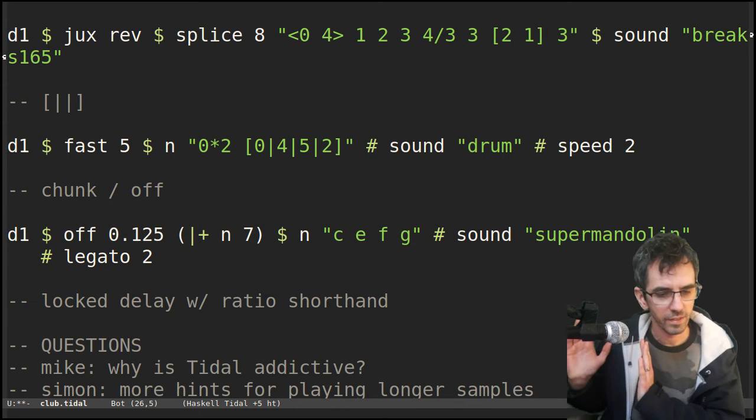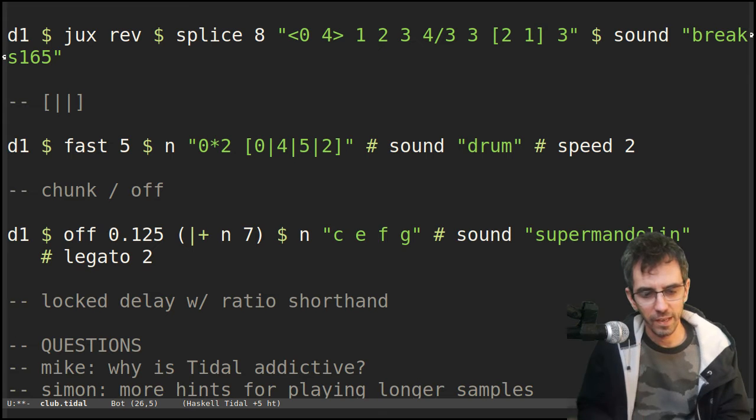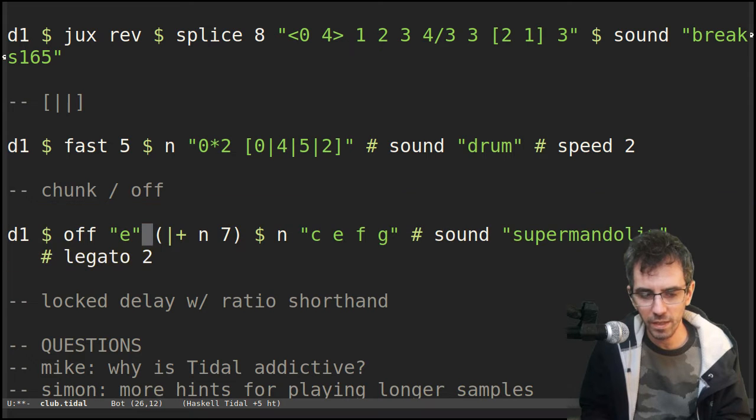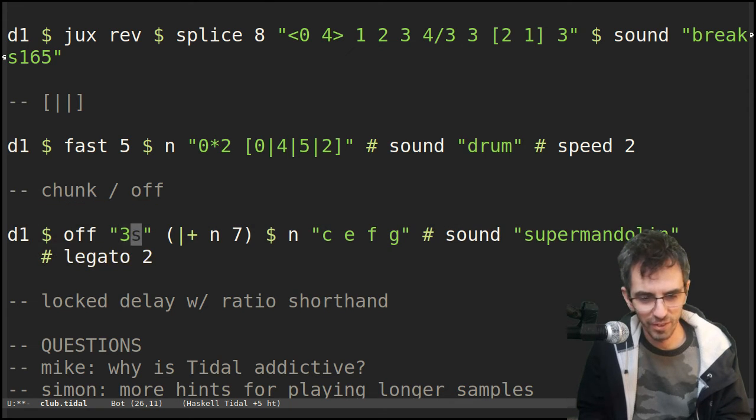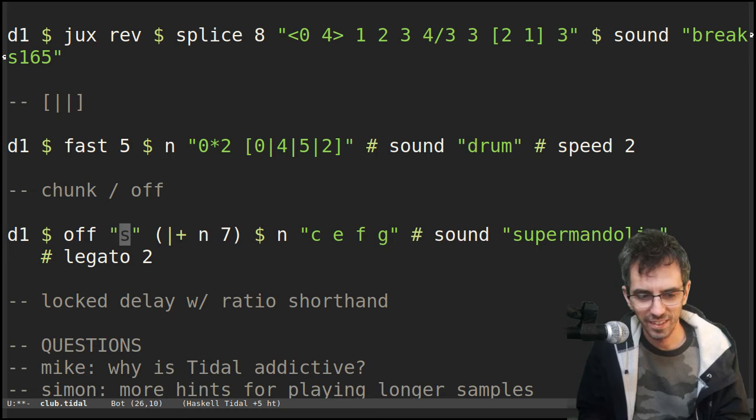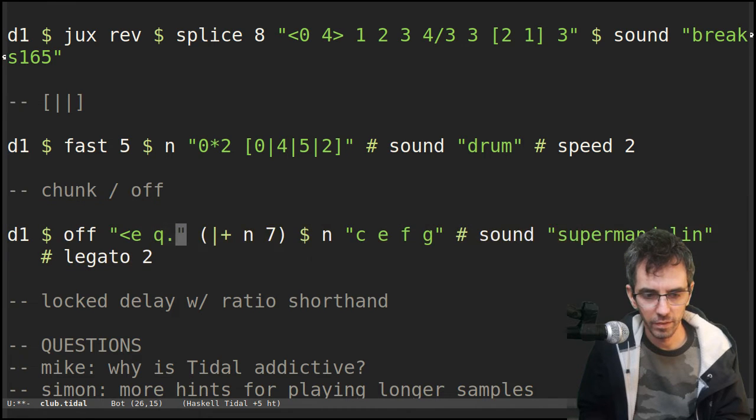an offset by an eighth, you get that. By the way, instead of 0.125, you can just put E for eighth or S for 16th or Q for quarter, or T for third, or 3/16, I think. Something going wrong there, I think. Anyway,